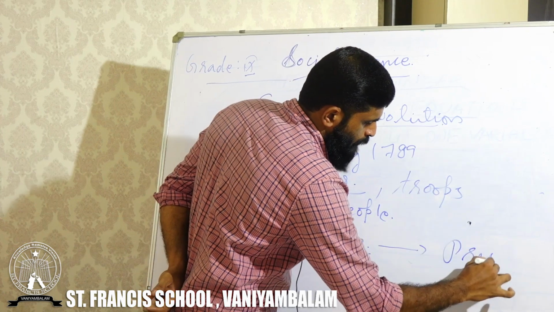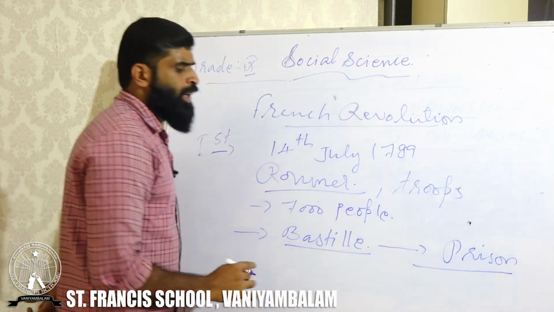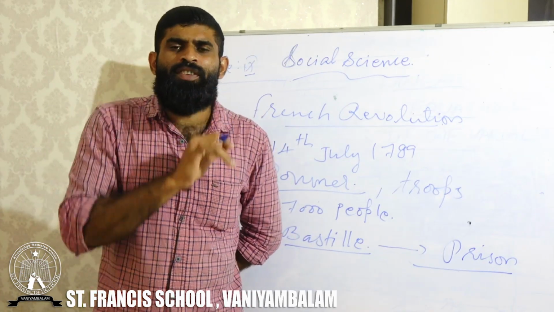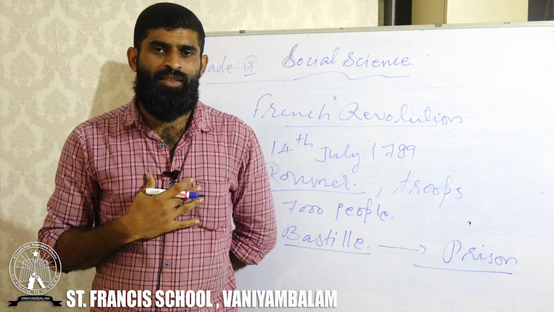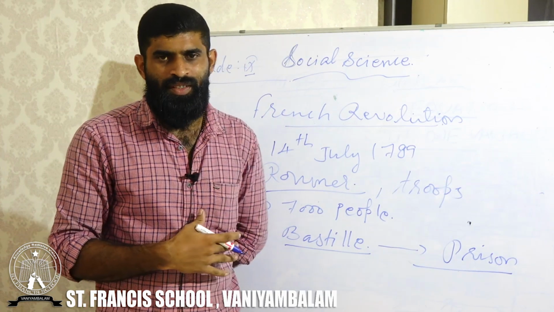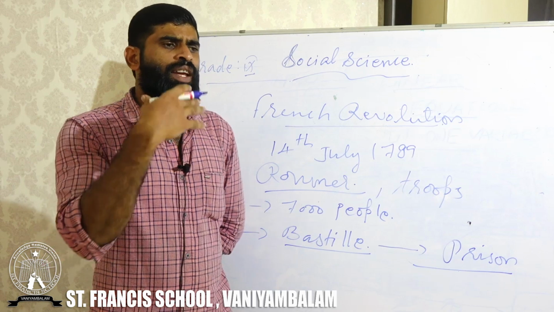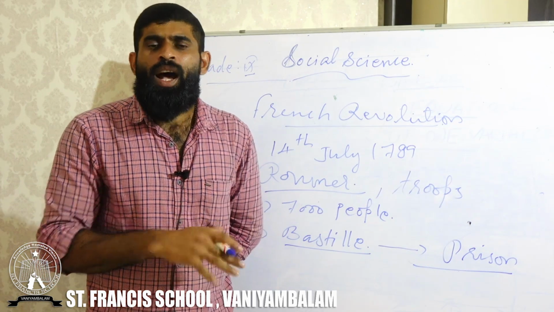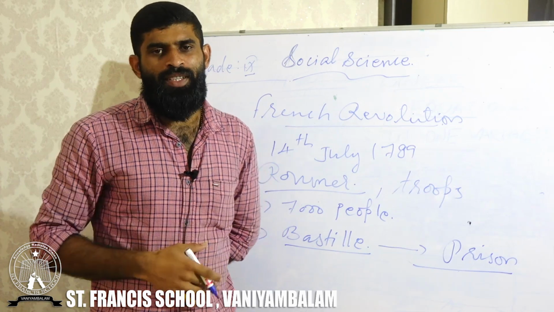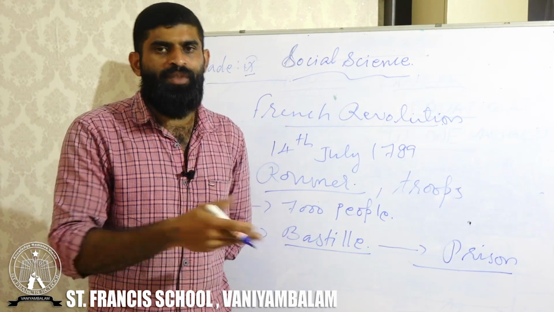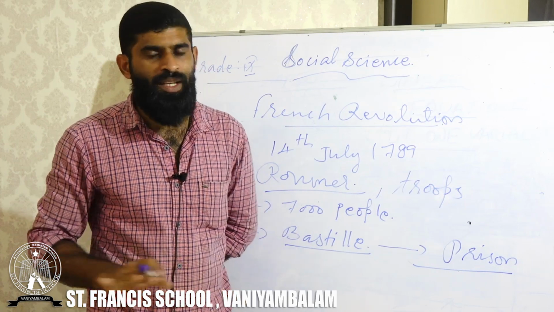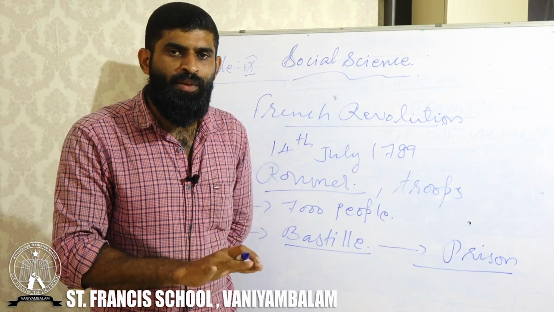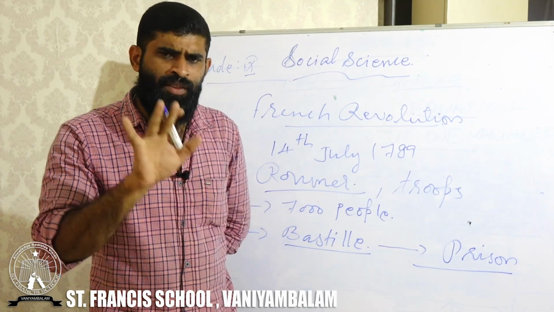Okay, a prison. So remember, a king, if I am a king, some people will be so close to me, the relatives, is it my friends? If they do something wrong, I won't be minding them. I won't be giving any punishment to them, is it? Because I am the ruler. They are my relatives and friends. So why should I? No, never. I will not take anything harmful to my relatives and my friends. The same thing happened